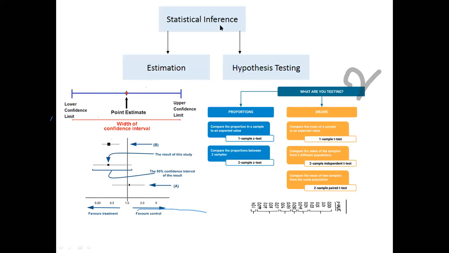Under statistical inference, there are 2 broad ways in which we make inferences. One is called estimation, where we get a point estimate. It could be a mean, and then using different statistical methods, you try to come up with a range, right? Which is what we call a confidence interval. This could be an estimate that we obtain from the sample, like the average weight gain, and then using the data that we have and with the statistical methods, we try to come up with a range to explain the error that would have crept in by